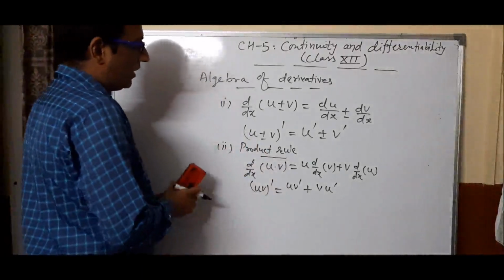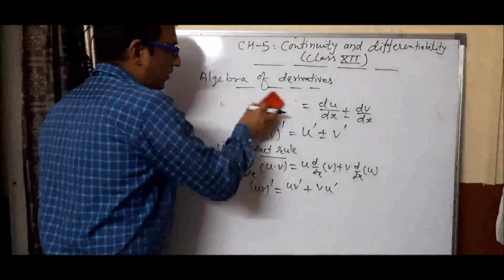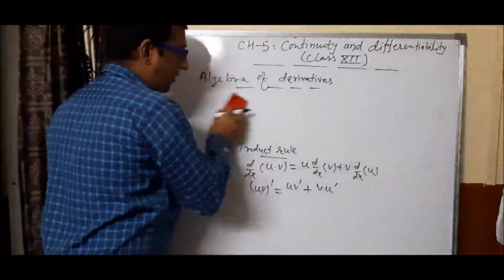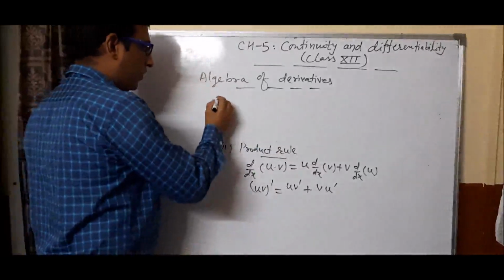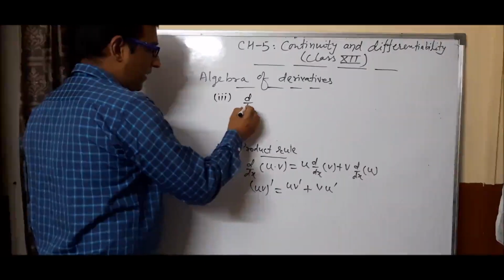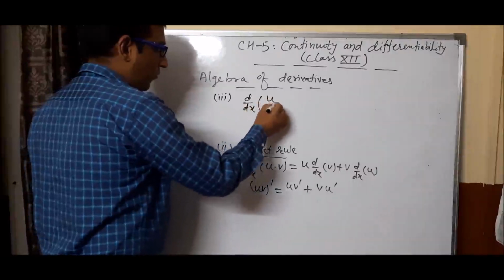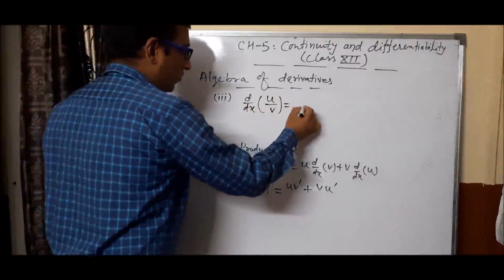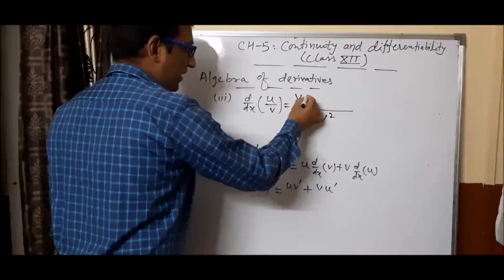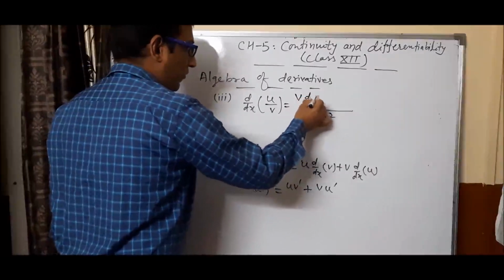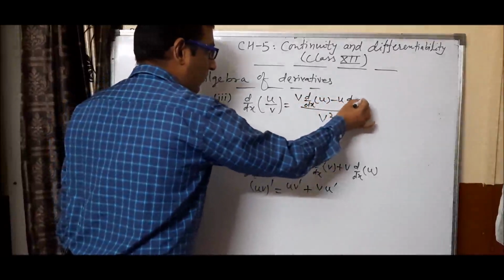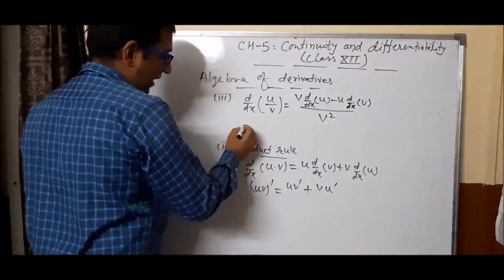Now we will continue with the third formula related with algebra of derivatives. So the third formula is d by dx of u upon v, and this is equals to v square in denominator, v as it is d by dx of u, u as it is d by dx of v, and it can also be written